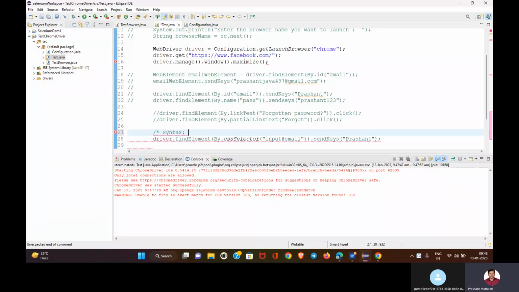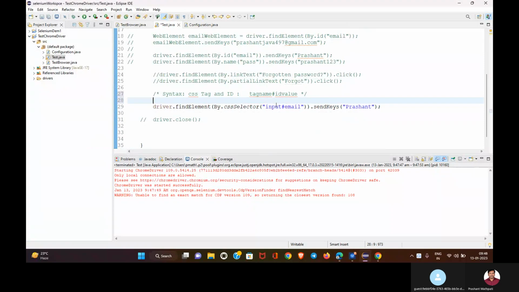Syntax for CSS tag and ID. How do we write it? So this is the tag name, hash, with the ID value in mind. Okay, this is using tag name and ID. Next one is